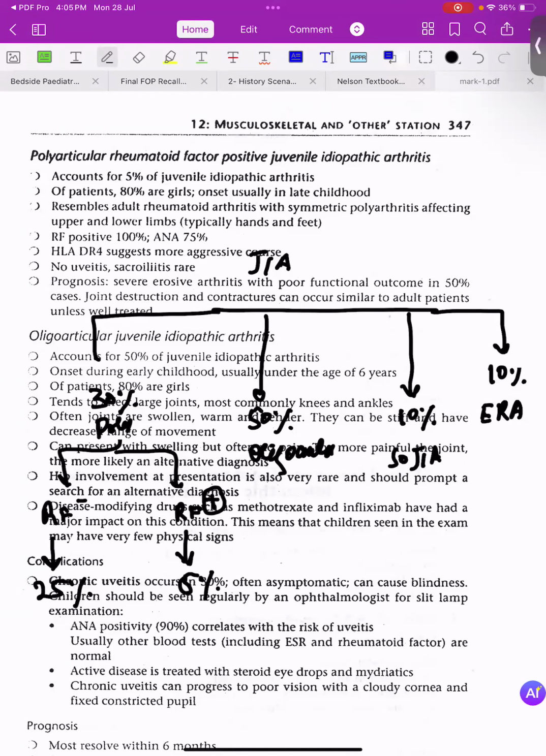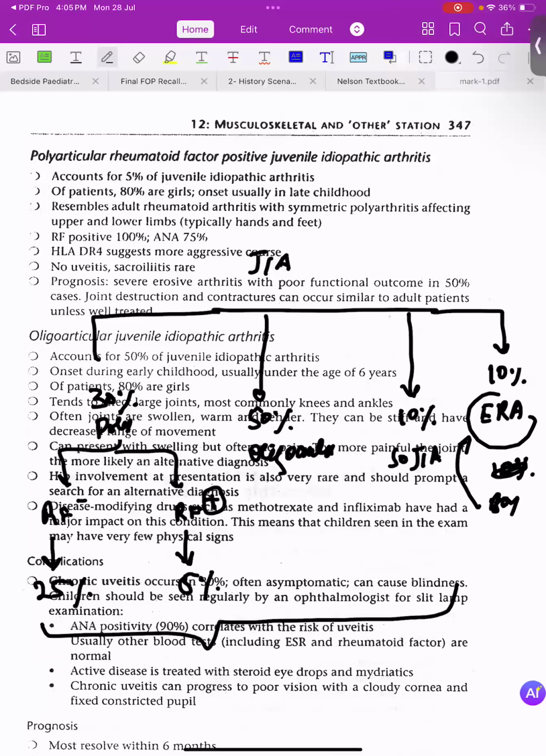Among these, if we talk about the sex predilection, the 10% with enthesitis related arthritis are mostly boys, while the other categories are usually girls, more common in girls. Okay, write in your books just to memorize. Some examiners will ask you what is the percentage, and some examiners can also ask what is the prognosis of